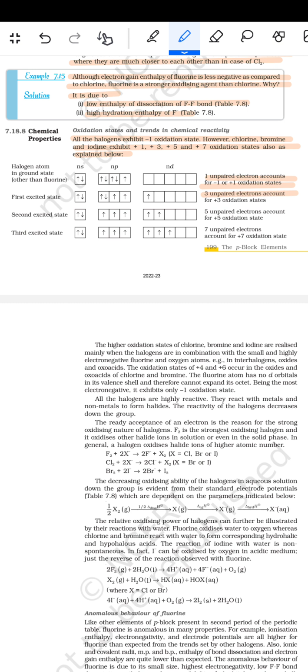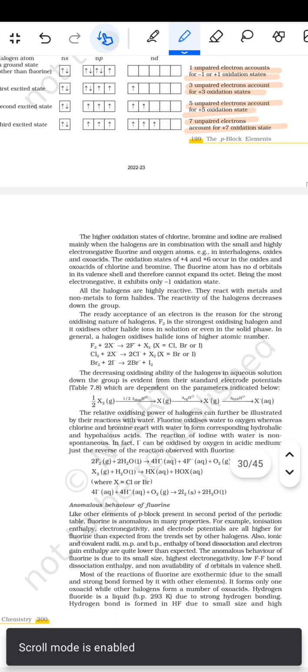Three unpaired electrons account for the +3 oxidation state. Five unpaired electrons account for the +5 oxidation state. Seven unpaired electrons account for the +7 oxidation state. Now the